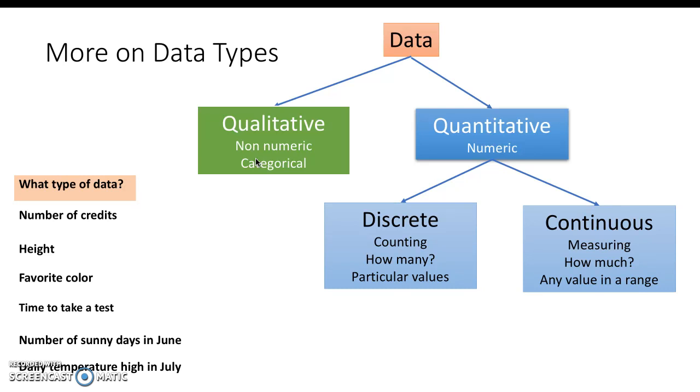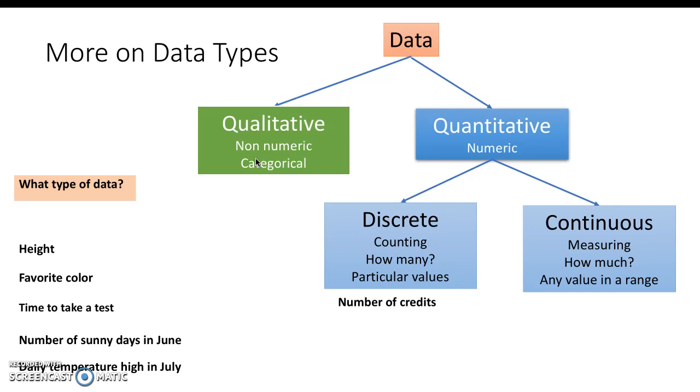We can't possibly list off all the possible heights that you could achieve between 4 feet and 7 feet. So let's just do a little practice here and sort through the types of data in the list there. So, number of credits. Number of credits is going to be quantitative. And so we have to decide, is it discrete or is it continuous? Well, we can count the number of credits. It's going to be some number between 3 and 18, but it's going to be specific numbers between 3 and 18: 3, 4, 5, 6, 7, etc. So that would count as discrete